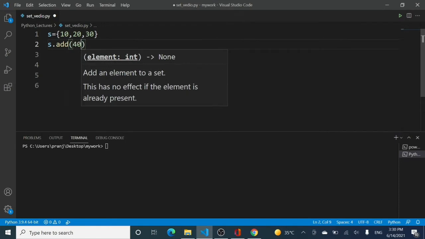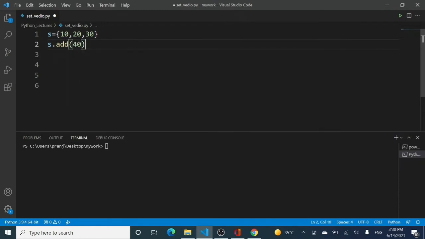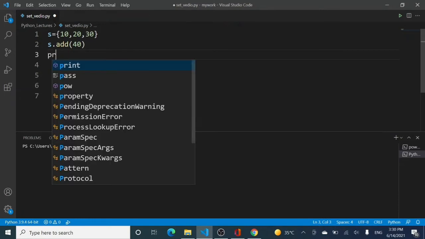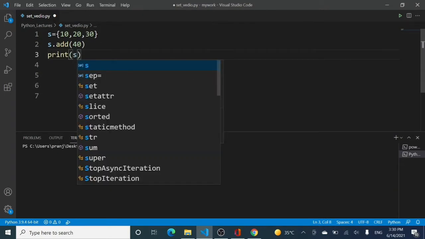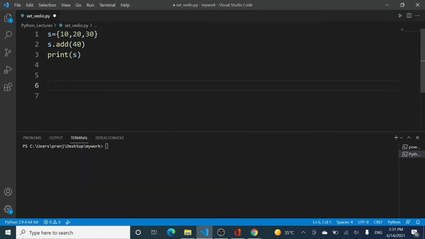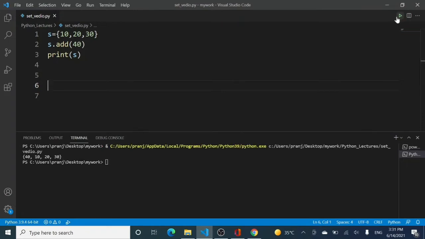I'll do the example of 30 also, but first of all I will be taking 40 over here, and then I will be printing S right now, right? So what should the output be? The output should be having four values this time: 10, 20, 30 and 40. Remember that the ordering doesn't matter because set is an unordered data structure.